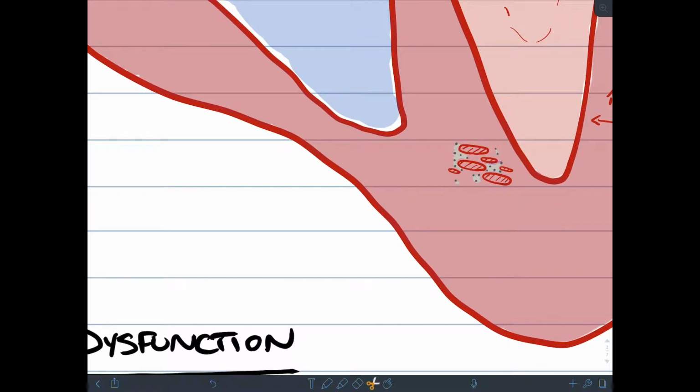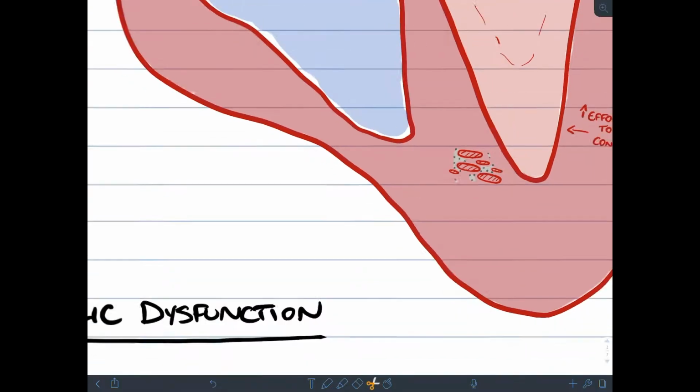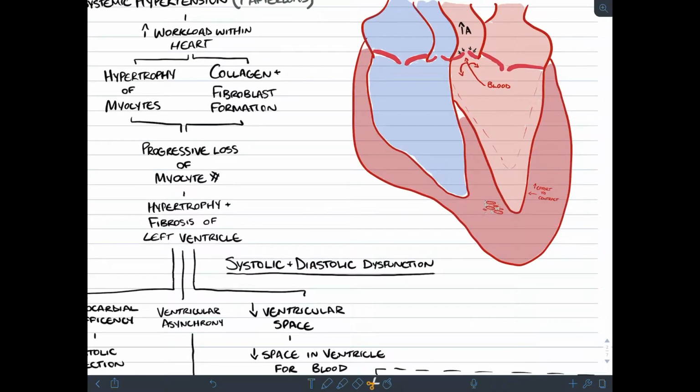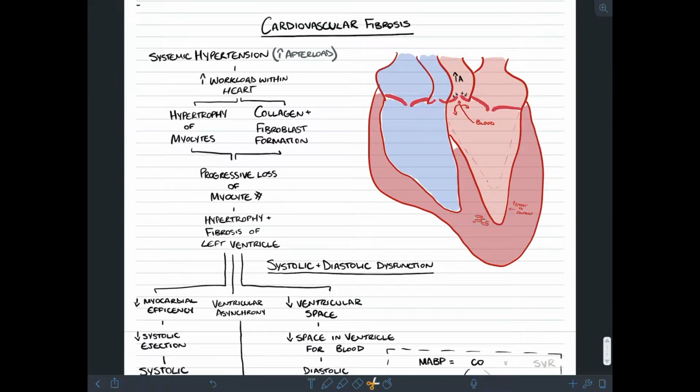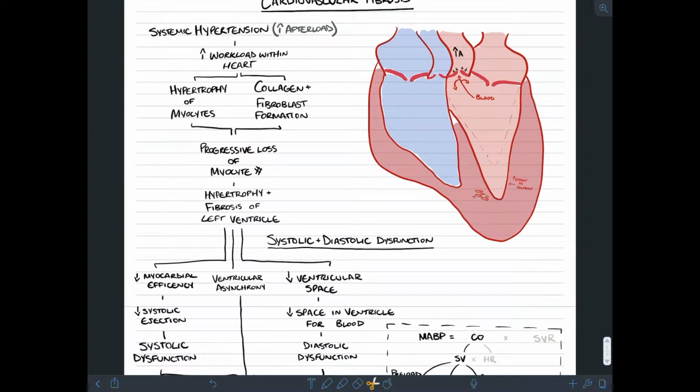And right here is our collagen and fibroblasts actually forming and causing it to be less efficient and cause some problems. So with the hypertrophy, it takes up more space, and therefore we start to progressively lose myocyte numbers. So that becomes an issue. And we also see fibrosis because of that collagen and fibroblast formation. We start to see a fibrotic tissue growing within the left ventricle, and that's what we know as ventricular fibrosis